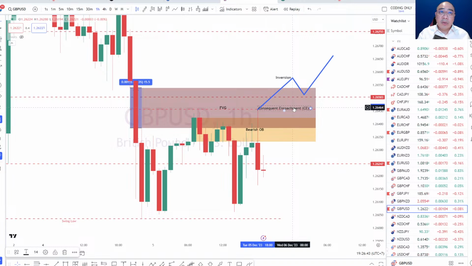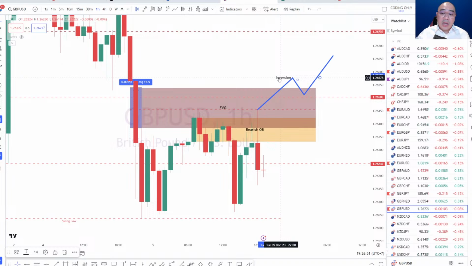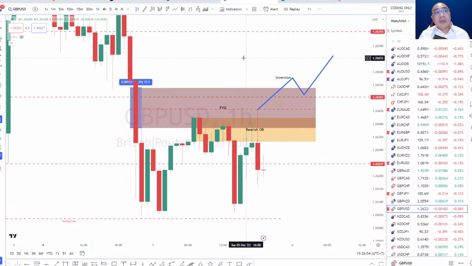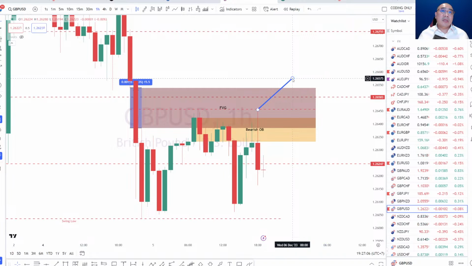I don't like this naming convention. I don't even like the CBOBC, whatever. I just call it a fair value gap. It's very simple as that. And the logic behind the fair value gap is that it acts as a normal support and resistance. So with any normal support and resistance, once a resistance is broken, the market tends to come back and retest that level. And that's basically what follows after an inversion, or basically a trend reversal. Okay, but let's just clear this off.